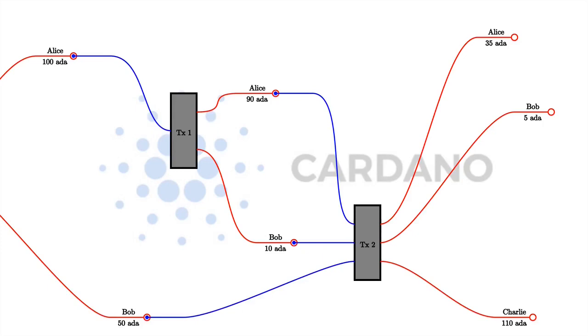And in the second example, because there are inputs belonging to both Alice and Bob, both Alice and Bob have to sign that transaction, which incidentally is something you can't do in Daedalus. So you would have to use the Cardano CLI for complex transactions like that. Everything I've explained so far is just about the UTXO model, not the extended UTXO model. So this is all just a simple UTXO model. And the extended part comes in when we talk about smart contracts.